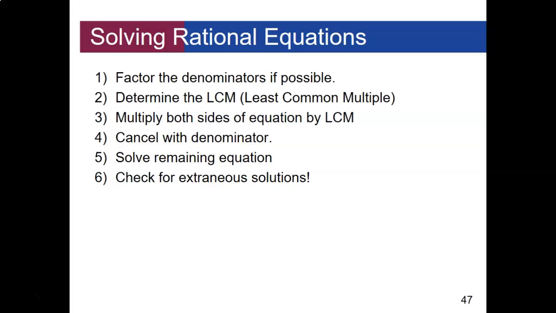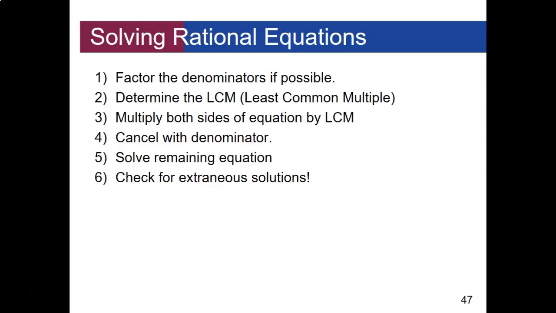So I've listed a few steps here that we're going to use. We want to start by factoring the denominators if possible. Determine the least common multiple, which is essentially going to be our least common denominator, except instead of getting a denominator, we're going to actually be multiplying by what would be the denominator. So we're going to multiply both sides of the equation by the least common multiple. We're going to cancel those with the denominator, any common factors, solve the remaining equation, and then finally look for